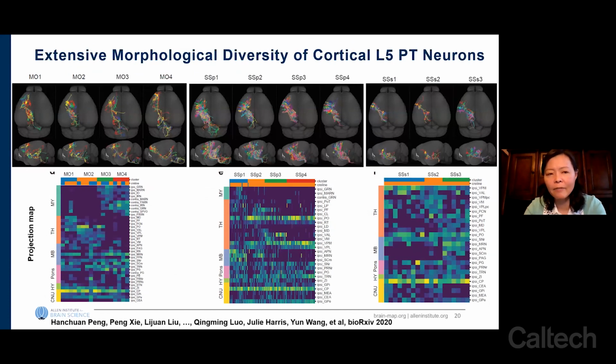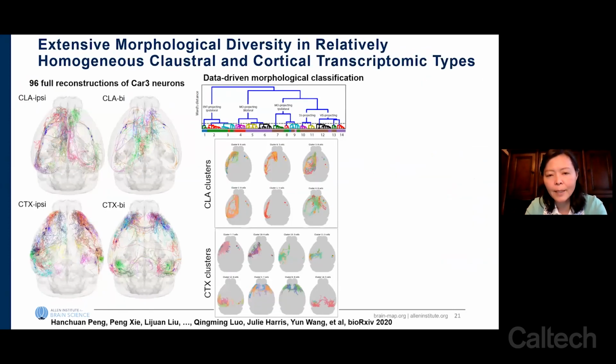The second is the layer 5 PT, the long-range projection neurons. And here, again, we see a tremendous diversity of long-range projection patterns at the individual cell level across multiple cortical areas. In some cases, there's excellent correspondence between projection and transcriptomic types, as shown in our previous studies. The medulla projecting and non-medulla projecting cells clearly belong to two different transcriptomic types. However, beyond that, the projection diversity cannot be explained by transcriptomic classification yet. And finally,